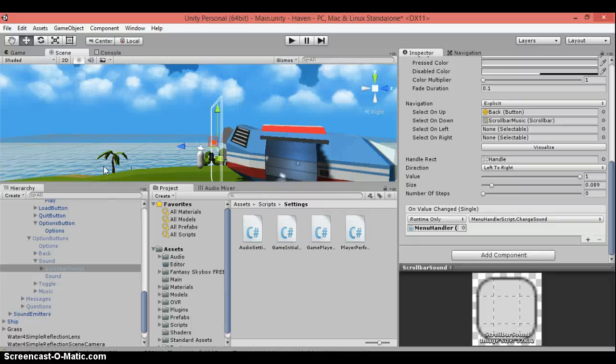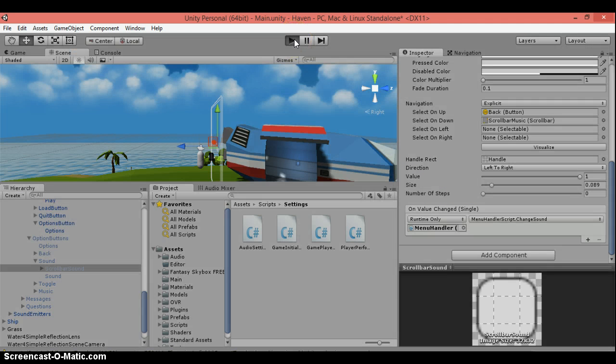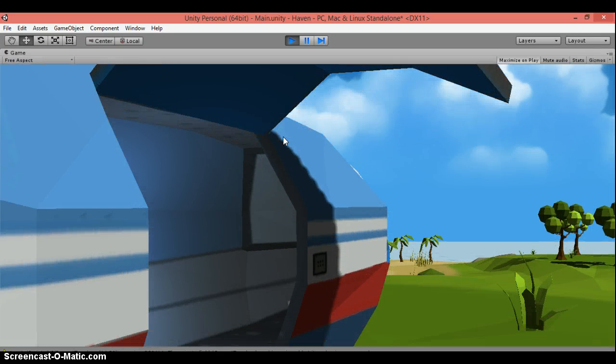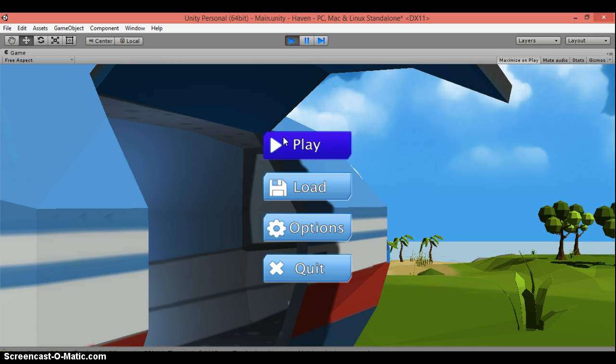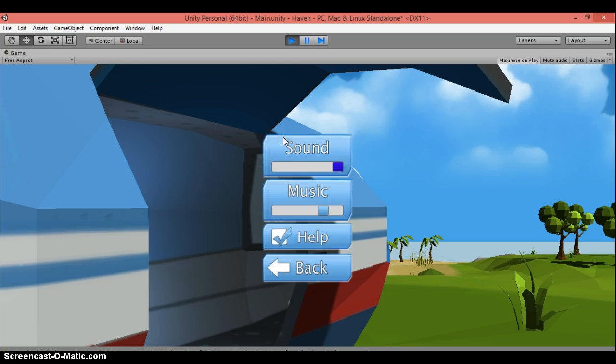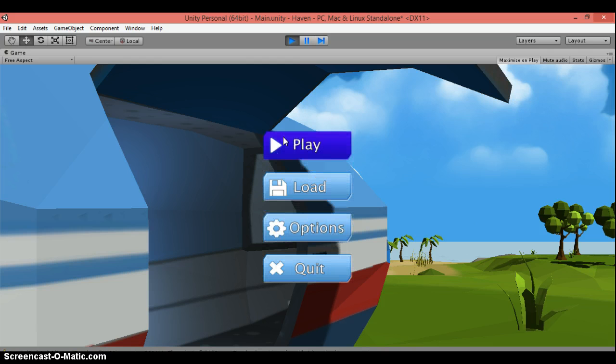Okay, welcome back for part 2 of the menu demo. So I'm just going to show you off basically the bug that Unity has with the highlight and how I went about fixing it. So if we load up the game, I'll show you what it should look like. We press play, we can move down to the options, the sound's highlighted, move back, play is